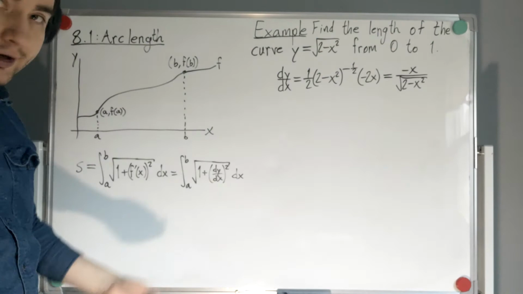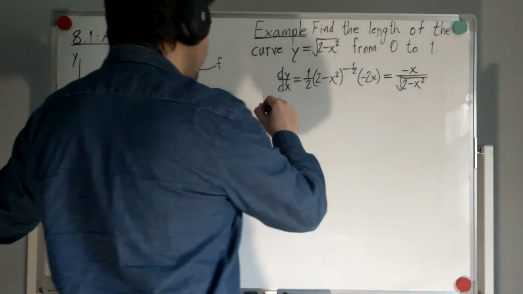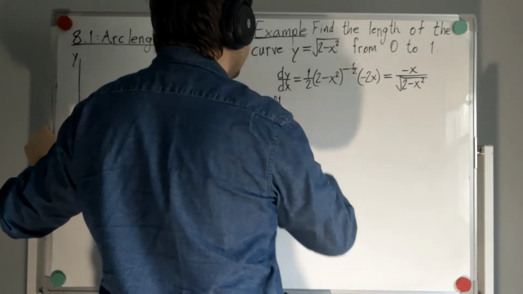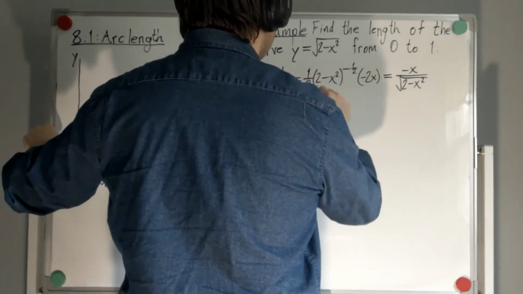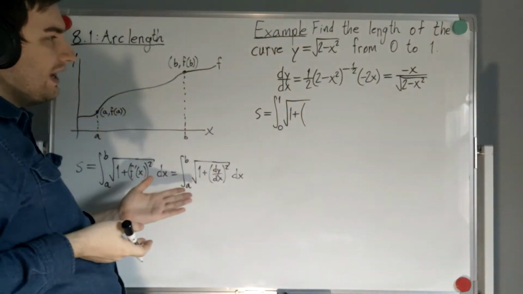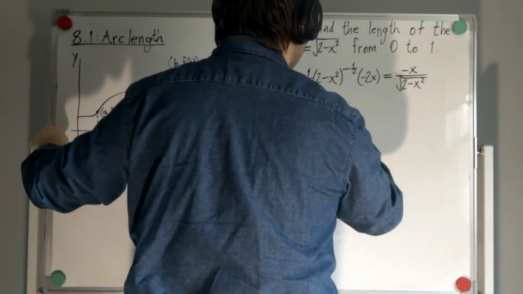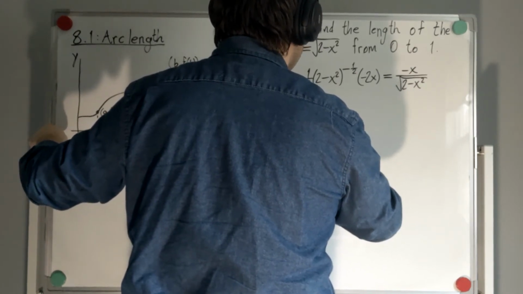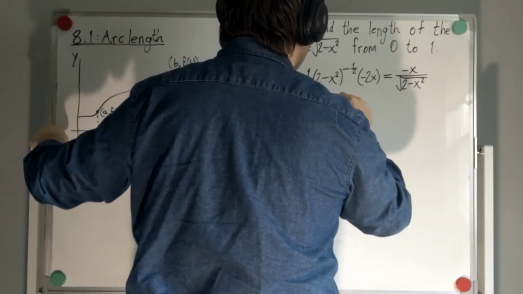And so then you just put that in here. So the arc length from 0 to 1 is the integral from 0 to 1 of the square root of 1 plus this derivative squared, so negative x divided by the square root of 2 minus x squared, and square all of that,